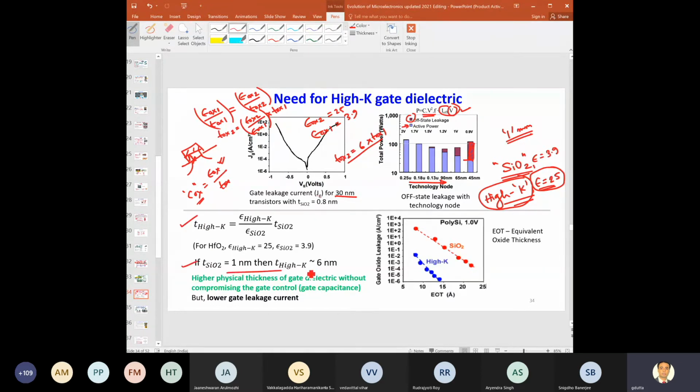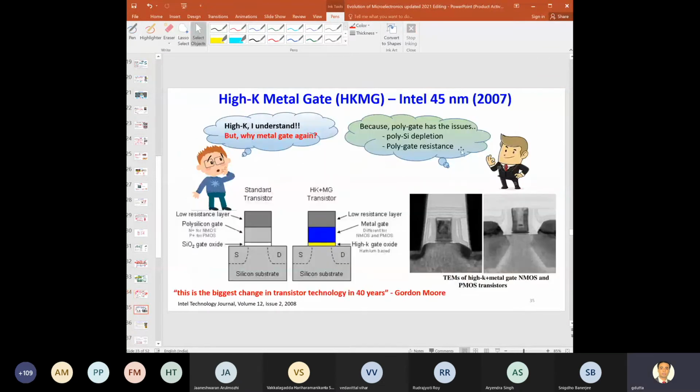Here I have also done the same thing. That is the reason why still nowadays we have to use high K dielectric in MOSFETs. So here is one comparison of leakage current for a high K dielectric MOSFET and a silicon dioxide based MOSFET. You can see that compared to silicon dioxide based, the high K dielectric leakage current is much lower, right? So this part we can significantly reduce. I hope this part is clear to you.